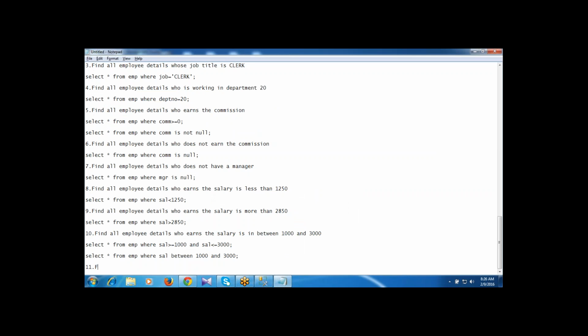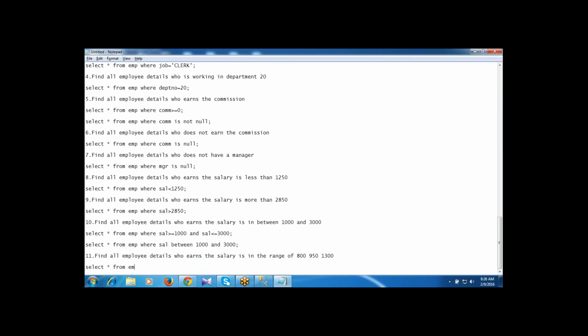So here I'm giving, find all employee details who earn the salary in the range of 800, 950, 1300. So here I'm writing where salary IN, the IN operator, with list of values 800, 950, 1300.